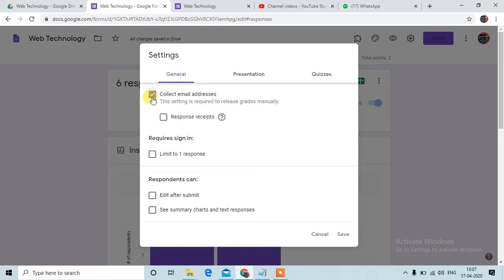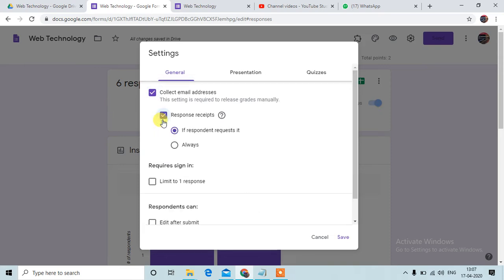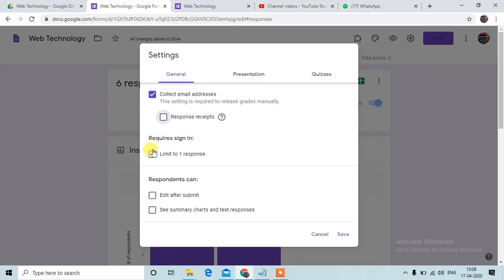If you want to give the users the answers of their question papers, then you can select this as response receipts. Then you can limit the user to how many times he or she can give the exam.